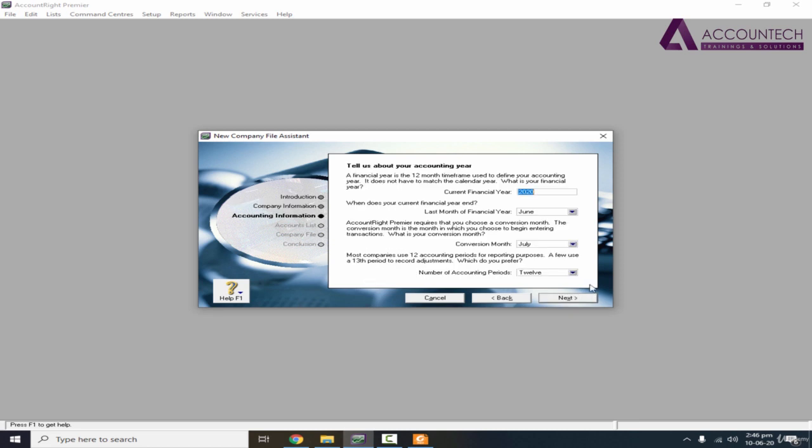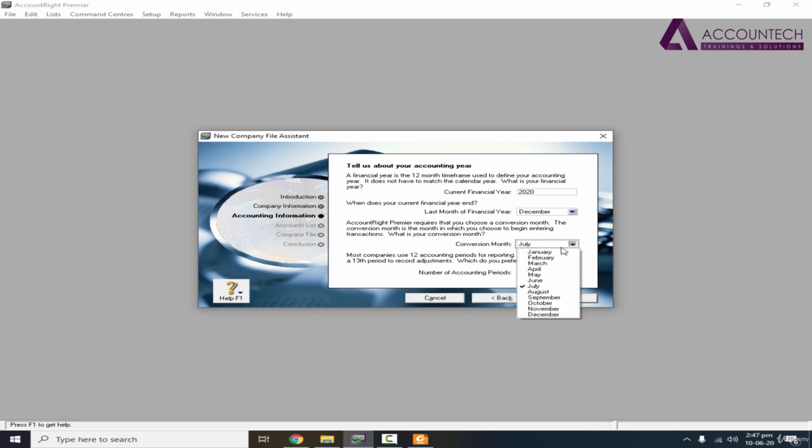Click next. Now the current financial year is 2020. You can select when your financial year ends. Normally in Pakistan and India, it's July to June, and in other countries, it's January to December. So let's select December. Conversion month means when you choose to enter all the transactions in MYOB, that means the transfer of closing balance to the opening balance.